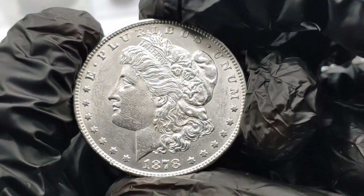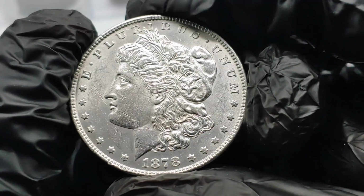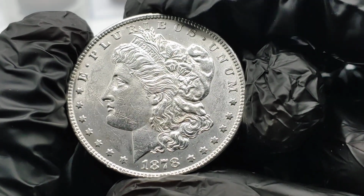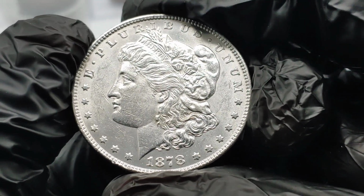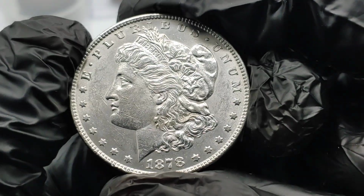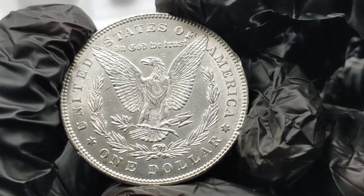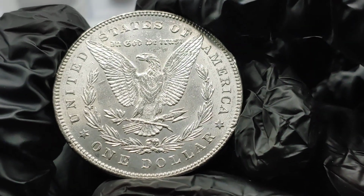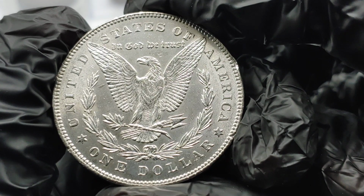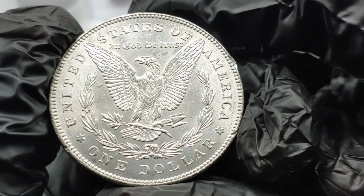The last one I sold, I believe I sold it to one of my viewers who lives in Australia. I think I had it listed at 175, and I sold it to him for 150. But that one is pretty darn close to the quality of this one. So instead of messing around and starting it at 175, I'm just going to list this at 150. It should sell pretty quickly because it's getting tougher to find original looking 1878